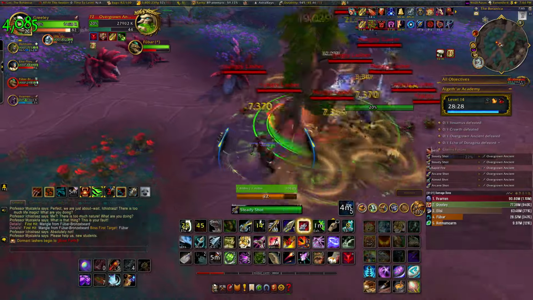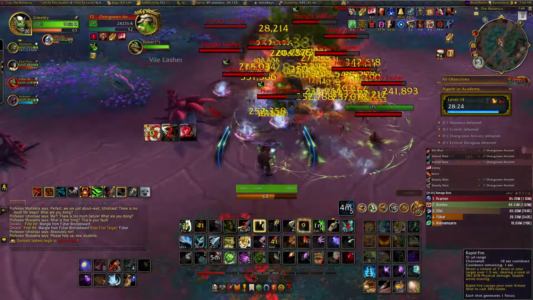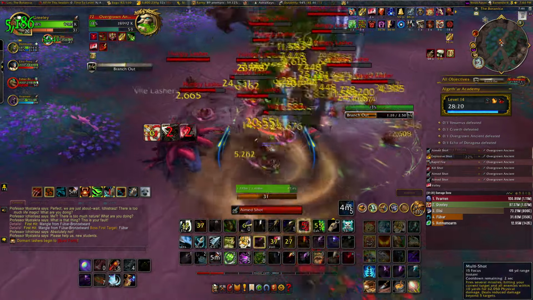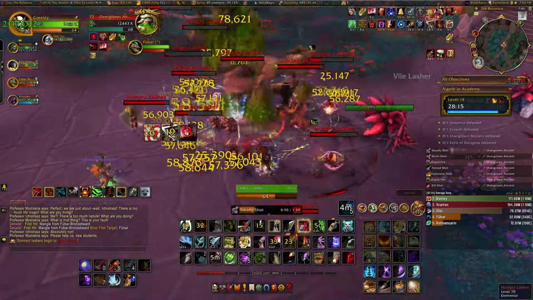We had some people that were a little bit out of there, but that's a-okay. I dropped my volley here, and then I'm just going to cleave off the boss, and we are in bullseye range. So look at those stacks already stacked up. Going to be sure and watch out for the branch out ability there, and then just continue to do damage